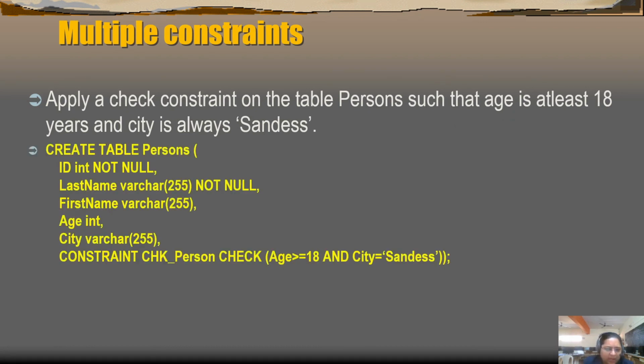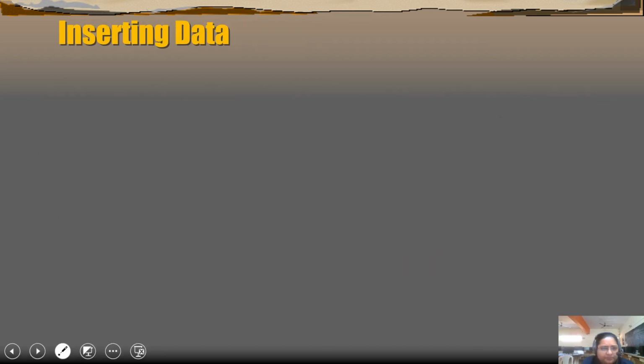also apply, we can also name a constraint. So for that I just need to add this constraint keyword along with a user defined value, that is check, which is a user defined identifier for the constraint, that is a name given to the constraint, chk underscore person, followed by the entire constraint being specified through the check clause.